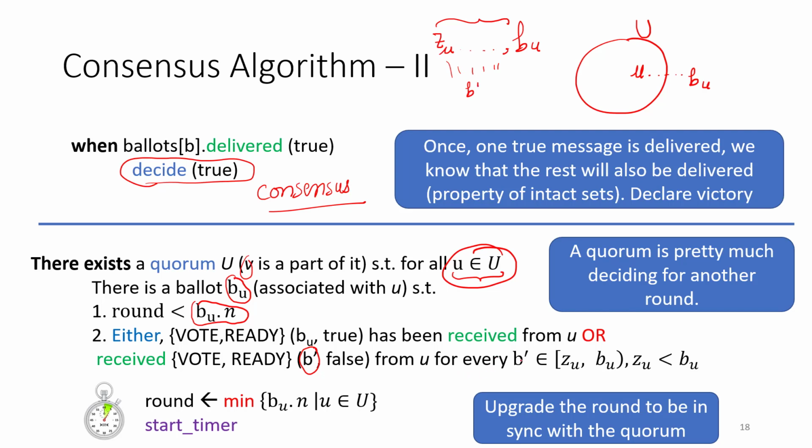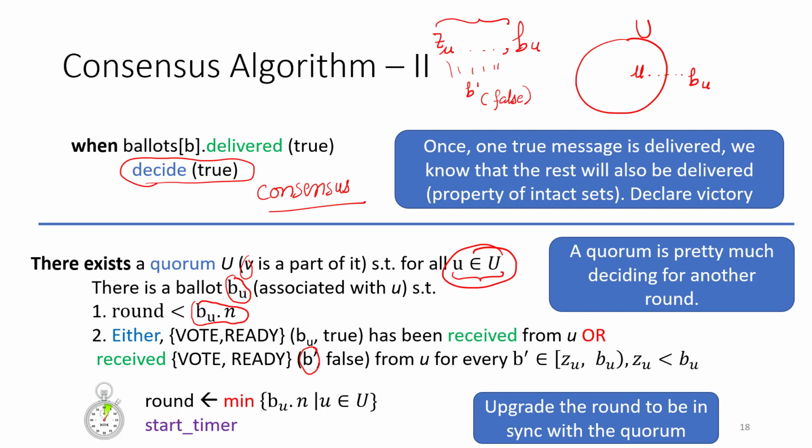So as long as for every B dash which is a part of this open interval, we have received a false, in the sense that this has been invalidated. So if that is the case, then what we do is we realize that we are in trouble. So why do you realize you are in trouble? Well, you realize you are in trouble because a ballot exists